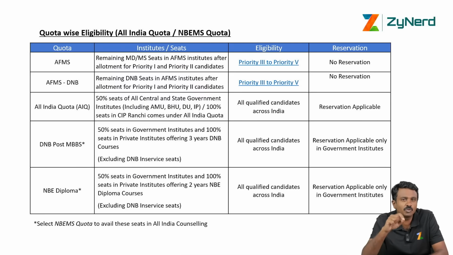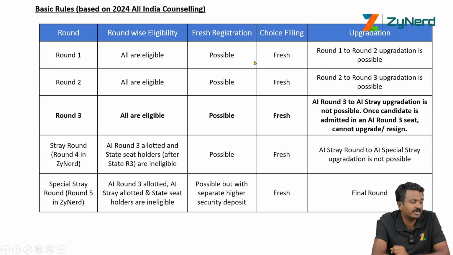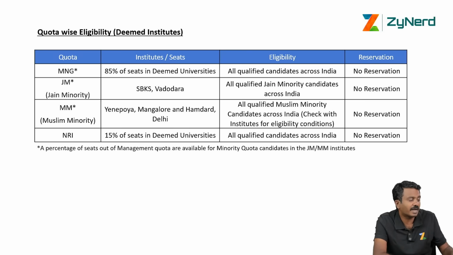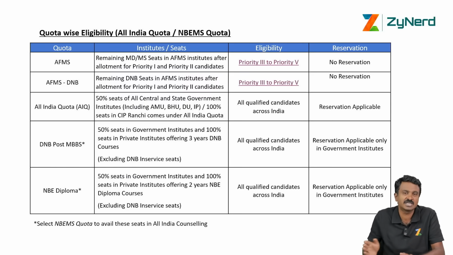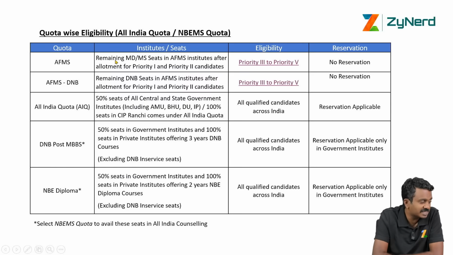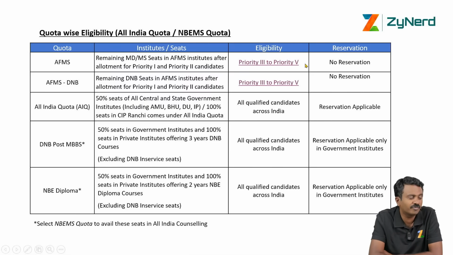Priority 1, priority 2 are AFMS serving medical officers, those who are in service, and foreign sponsored candidates. After they are allotted, the rest of the seats are allotted to priority 3 to priority 5. So those set of seats are what are available as far as AFMS is concerned in MCC counseling. MCC right now, registration and allotment itself is done by MCC, not like the previous years, from 2024. So AFMS seats are allotted in MCC, and if you are priority 3, priority 4, priority 5, you will have